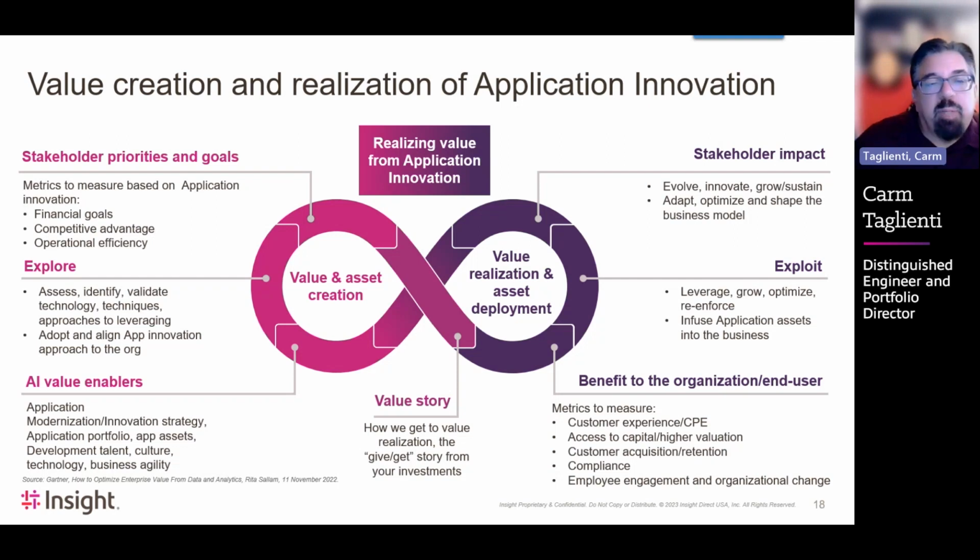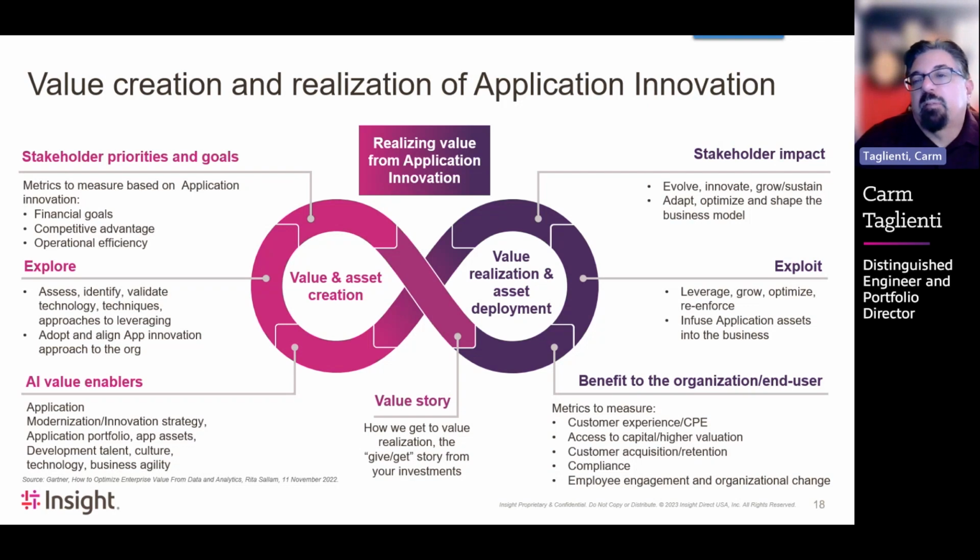Some of them we've already talked about. So it could be our application or modernization and innovation strategy. It might be the way we organize our portfolio, for example. So you should be thinking about what are some of those characteristics. And then on the value realization side is when you actually do create the innovative application or a new application which allows you to be able to realize business value, is really just understanding and measuring what is the stakeholder impact. Can you measure that impact, whether it's